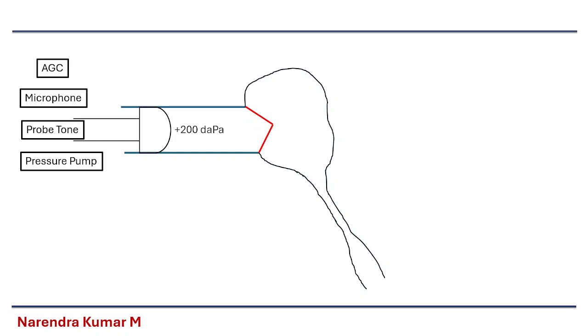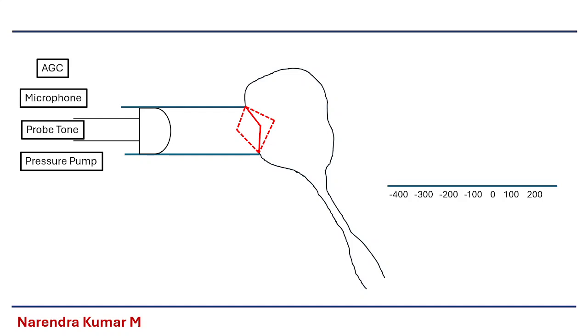In the same way, when a negative pressure is provided in the ear canal, the tympanic membrane is pulled towards the ear canal because of this negative pressure. Now, these two pressures are the extreme points to measure the tympanogram, at least the conventional tympanogram, where the tympanic membrane vibration is very minimal or negligible. So that boundary is depicted by a continuous line